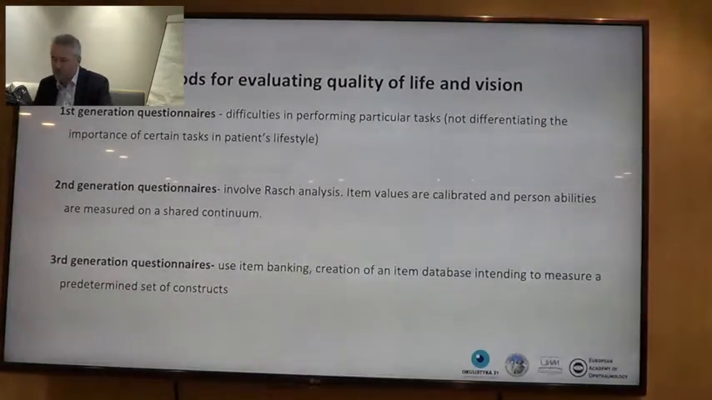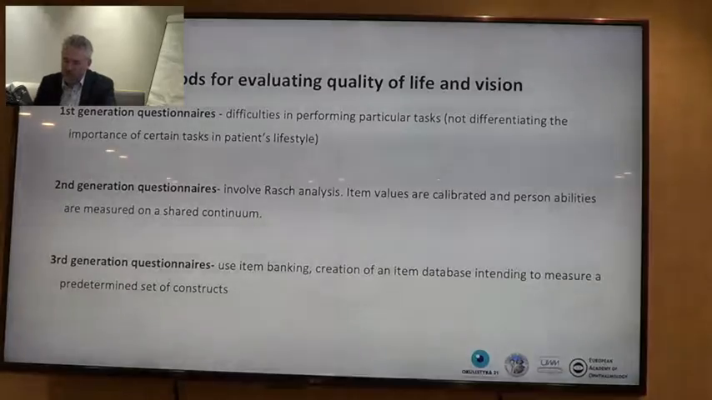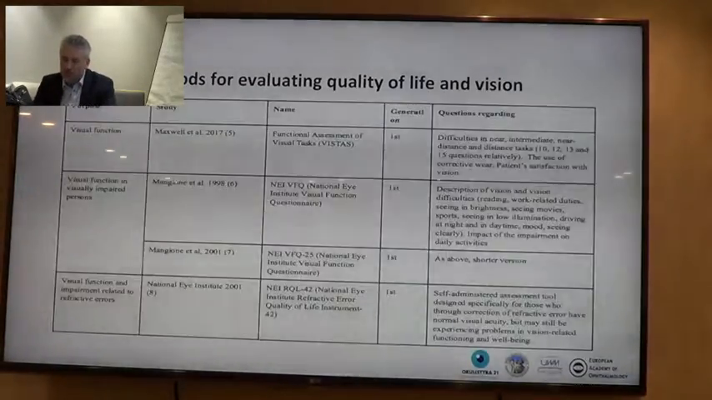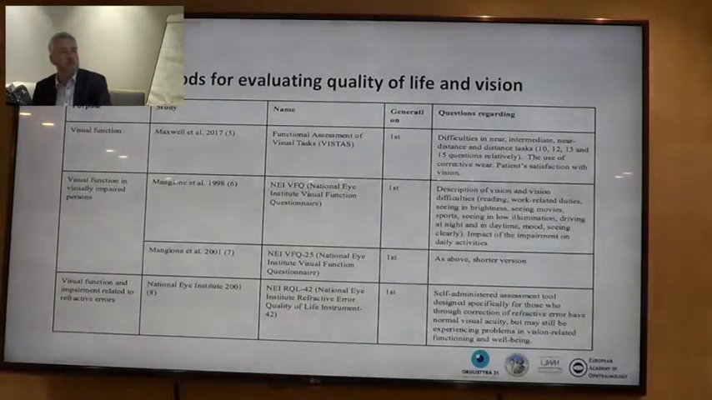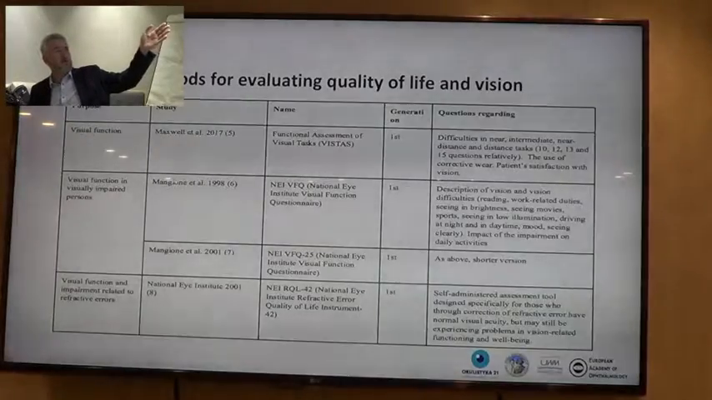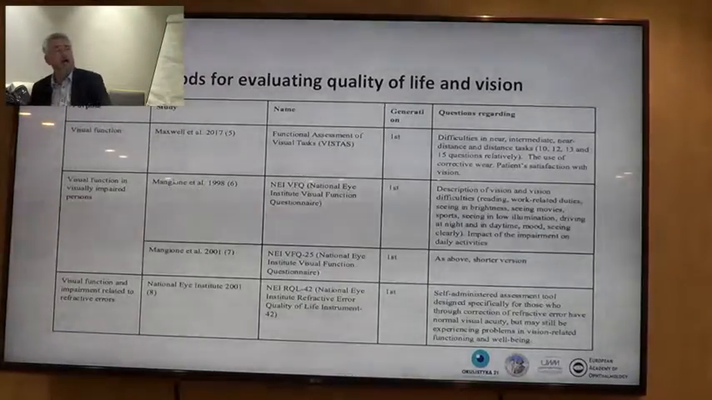And then there are third generation questionnaires, which use item banking, creation of an item database intending to measure a predetermined set of constructs. Just shortly, because it's a long story, we could of course analyze each of these questionnaires, but just to give a general overview of this field, there are different purposes for different questionnaires. For example,